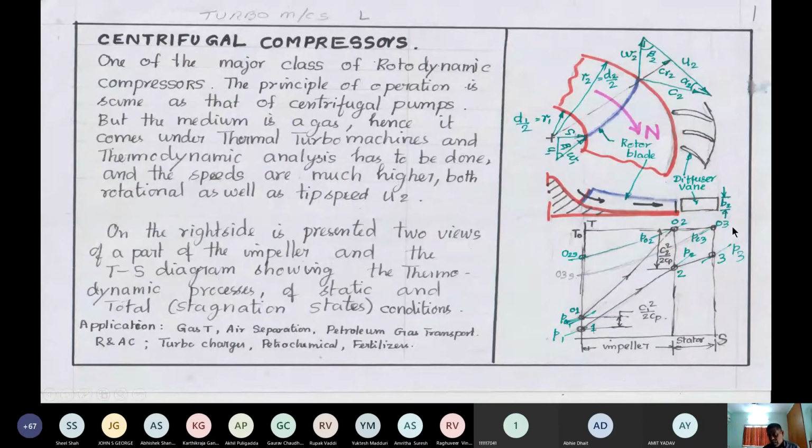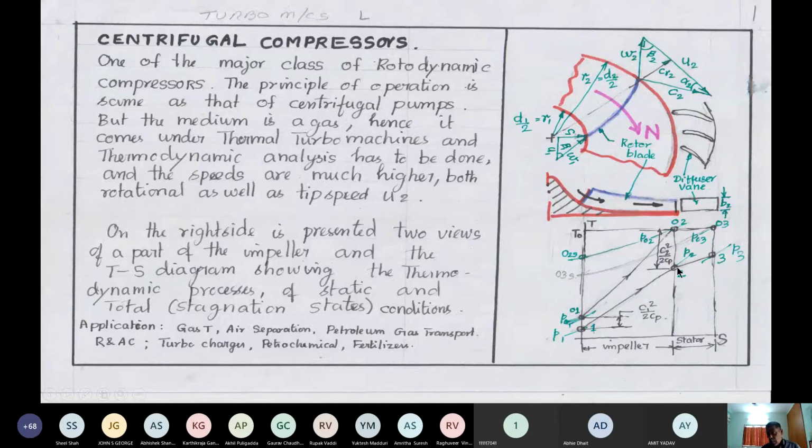Now this T02 does not change. T03 is also T02, because only when energy is added will this 02 temperature condition vary. But pressure changes are there, as you see. Okay, so you have this compression. See, compression is not isentropic, it is adiabatic. Okay, so as you see, entropy increases.